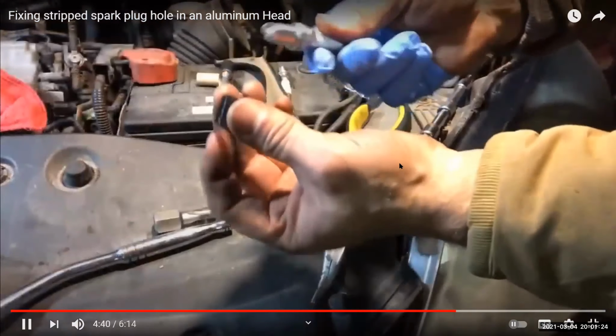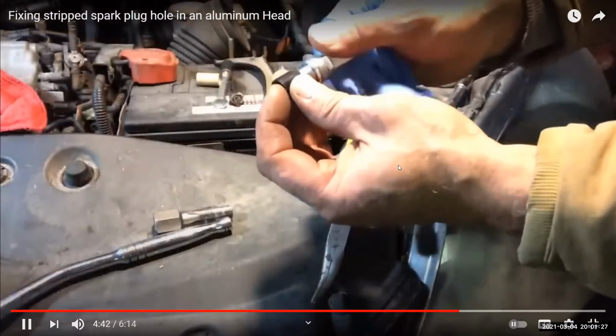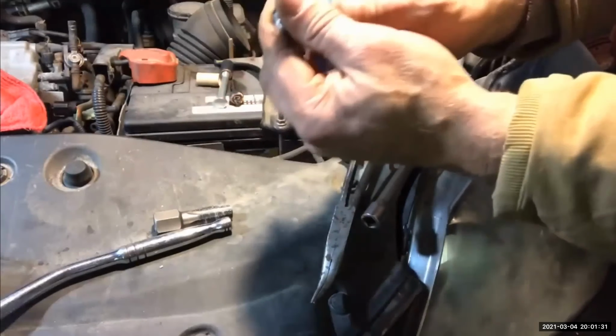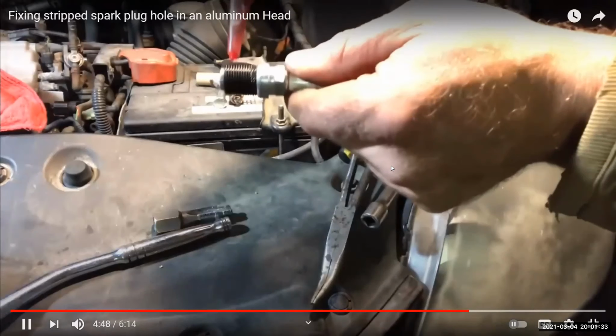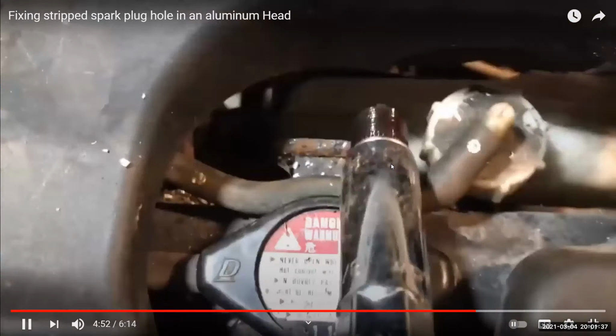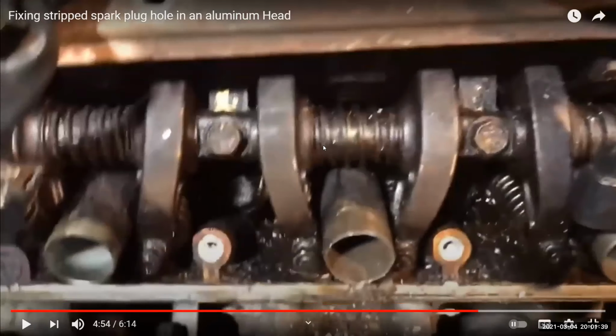All right, check this out, one of the spark plugs. You screw it all the way in. Look how much Loctite he uses. You get a little Loctite. That's not a little Loctite. Put it on the thread. So we stick it through here. It's like he used half the bottle, right? And he's doing that on a brand new spark plug. So the chances of fouling that brand new spark plug with all that Loctite, I think, are very, very large. So I don't really think that's a great way to do it, but